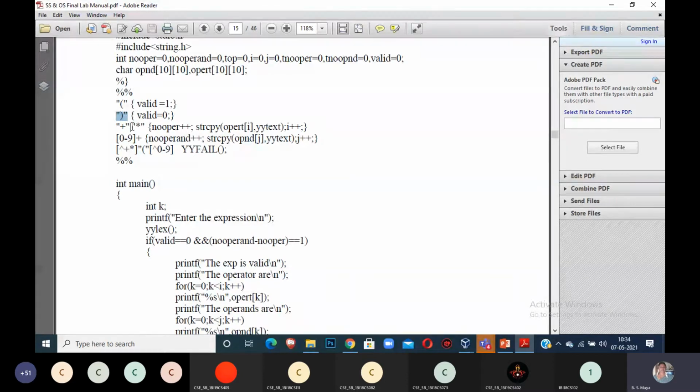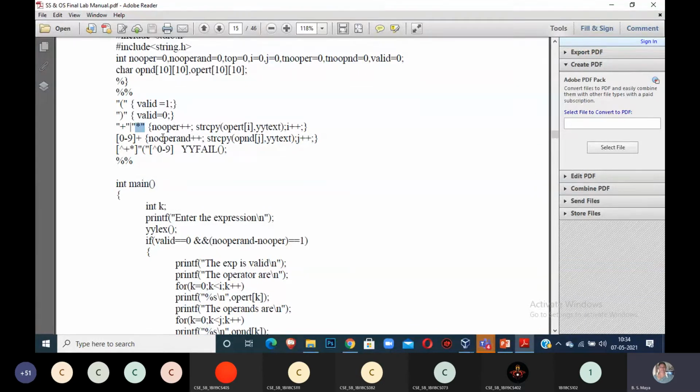After that condition is true, let me go for the operators in my program. See, 2 plus 3, I have a plus symbol there. If you read a plus symbol or a star symbol, because the question shows only two operators, either plus or star, then that is the action. Then the number of operators should be incremented.